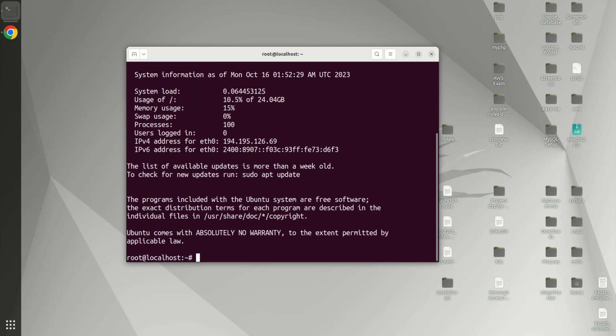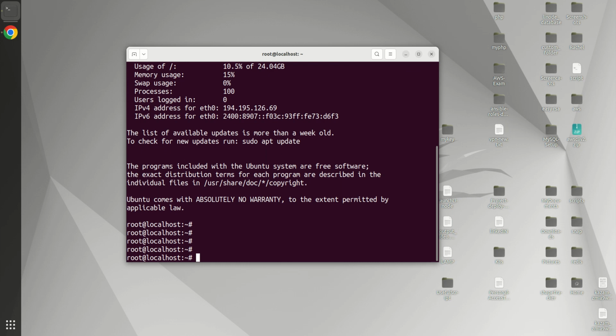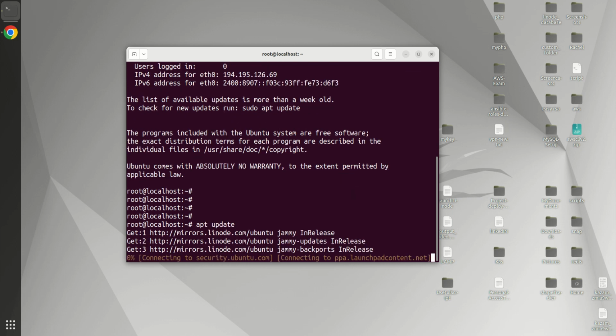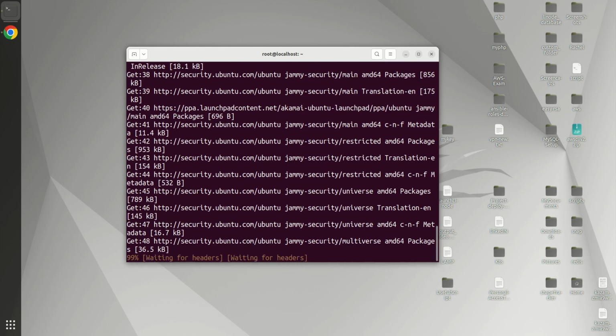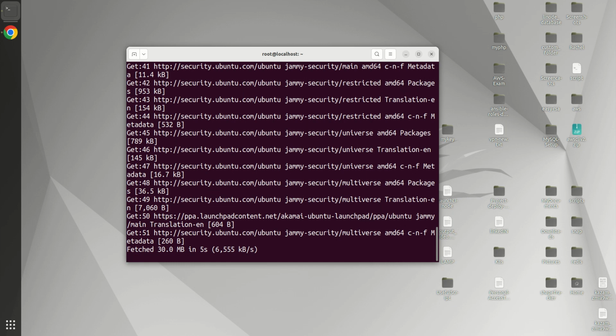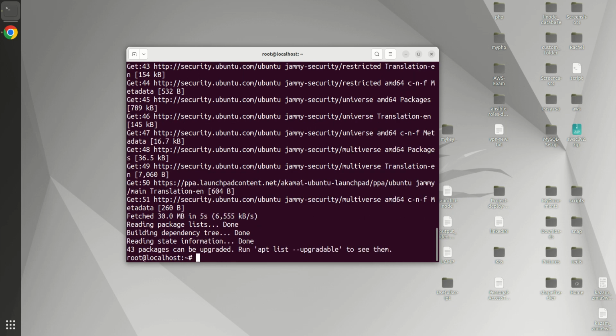Okay, so we are in. The first thing to do is update our Linux operating system. So apt update. Okay, after we updated this,